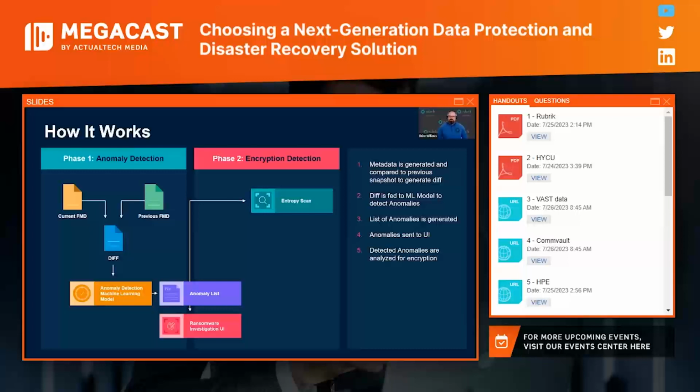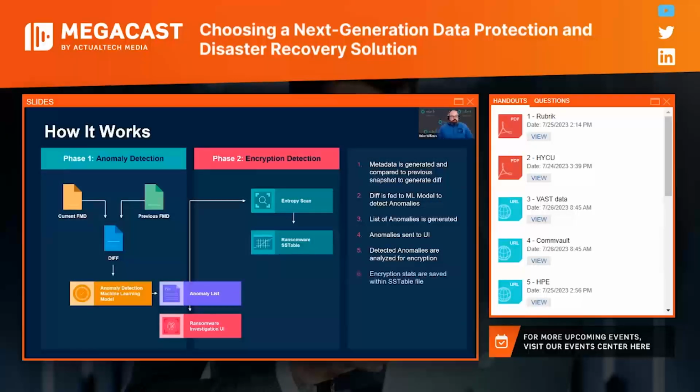This is the secret sauce. Scanning for the entropy, again, we're looking for high levels of entropy, that randomization, because that is going to be an indicator of encryption. Scanning for entropy can be pretty compute intensive, which is why this step is only performed if it matches the anomaly stage first. Remember, it feeds into phase 1. If phase 1 detects anomalies, only then is it fed into phase 2. And this is why it's performed locally too, because it's compute intensive. And of course, during this task, the entropy values are computed and compared against those in the last backups.